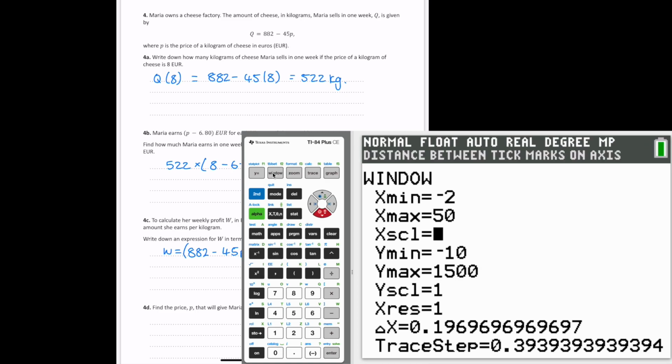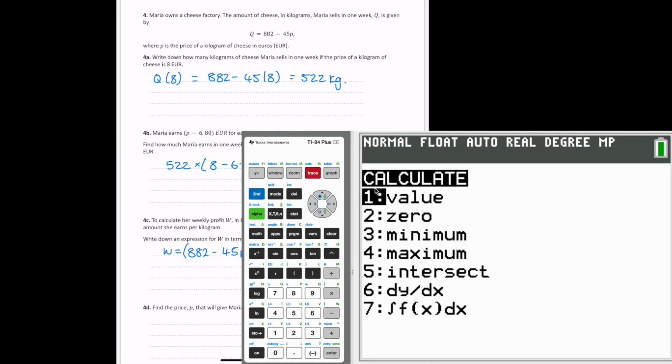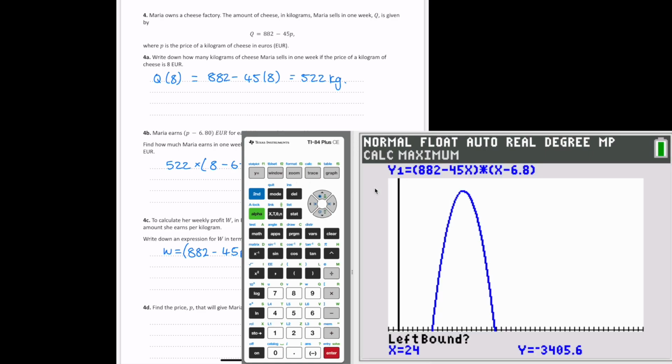We're almost there. There we go, and we can see this maximum point. So we can now see the graph that we've formed, and it has this quadratic shape. So the maximum profit is going to be at this maximum point here. So to find that, I do second function calculator, and I'm looking for the maximum value. And I need to give my